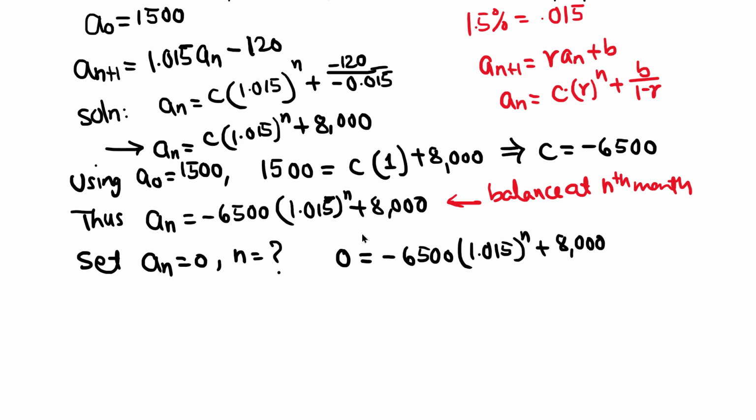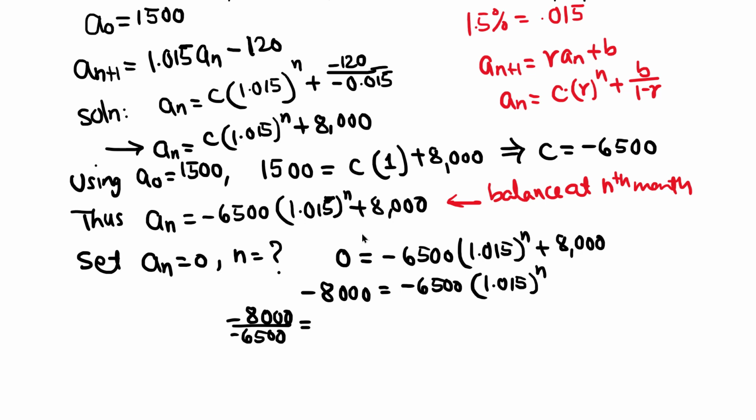Now we solve for N. So subtract 8,000 from both sides. Negative 8000 equals negative 6500 times 1.015 raised to n. Here is a times, so we need to divide both sides by negative 6500. So negative 8000 divided by negative 6500 equals